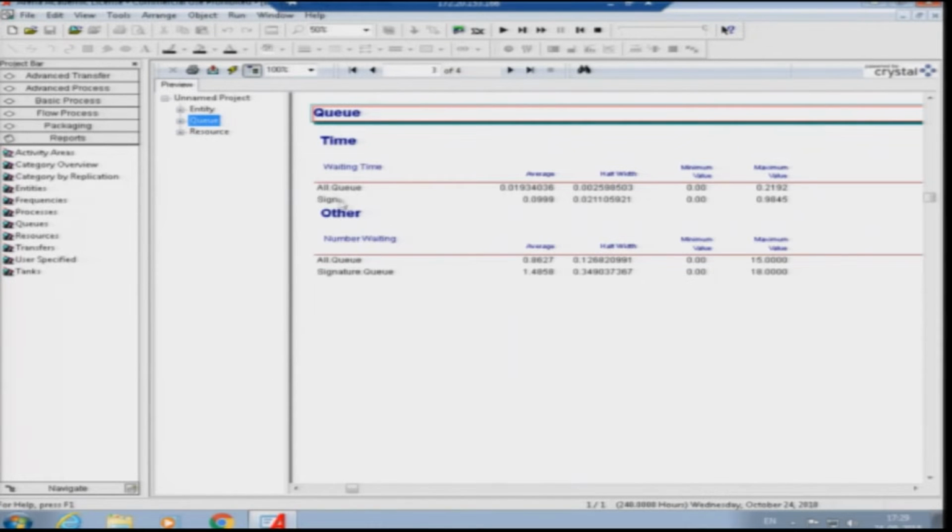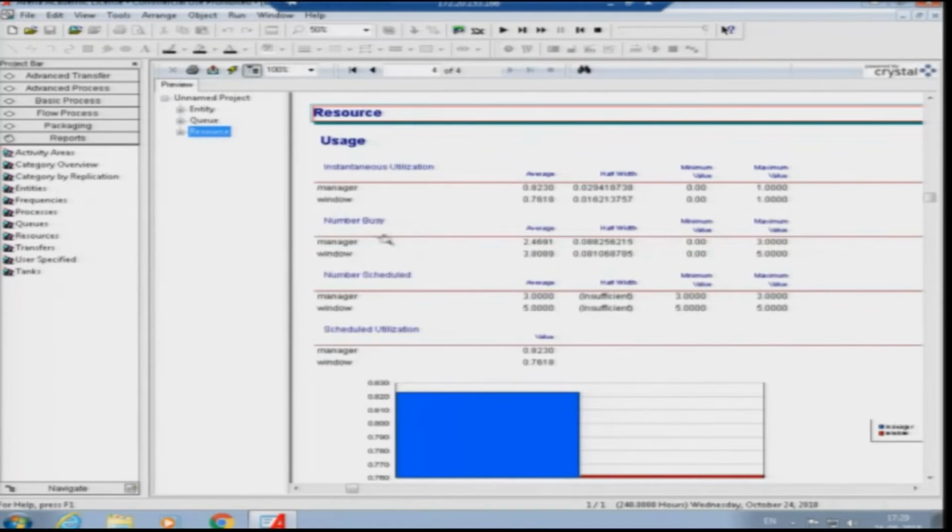When you see the number of people waiting in the queue for the all window case, the average number waiting is 0.86, whereas the maximum value is 15. For the signature process also, the average number of people waiting is 1.48, and the maximum value is 18.